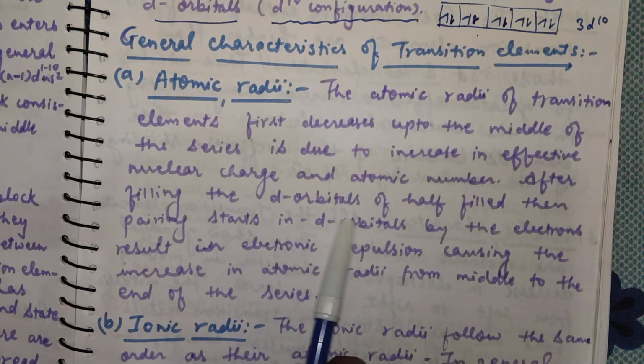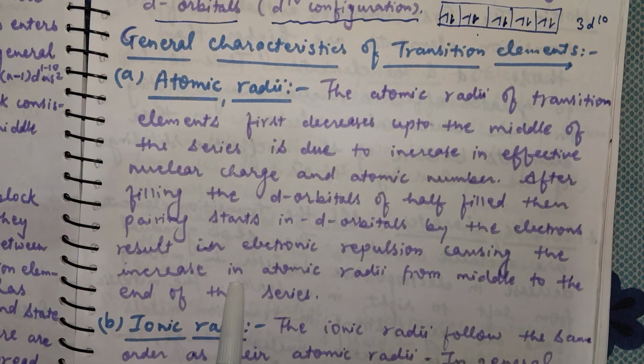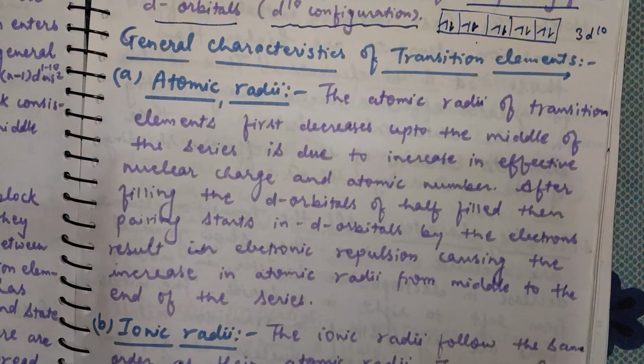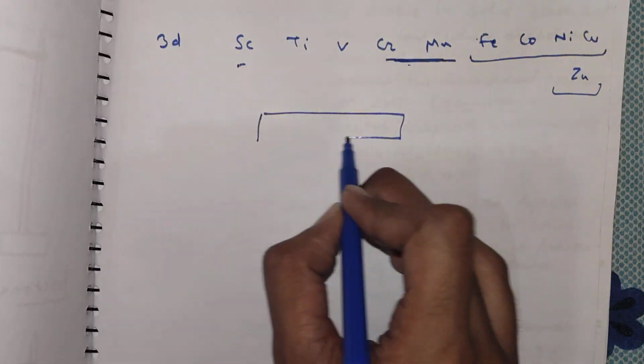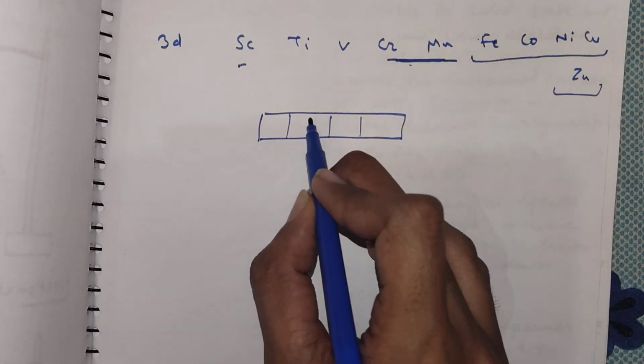And after filling the d orbital half filled, pairing starts in the d orbital by the electrons, resulting in electronic repulsion, causing the increase in atomic radii from the middle to the end of the series. So this is the reason for the increase, because the pairing will start in the later positions. If we look at the starting position, the electronic configuration of the d subshell will be like this,